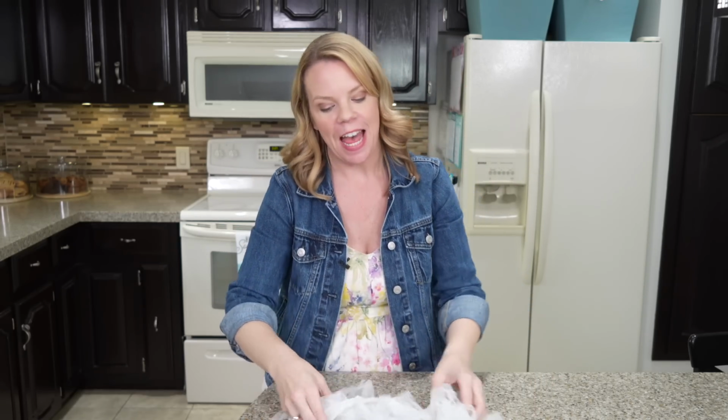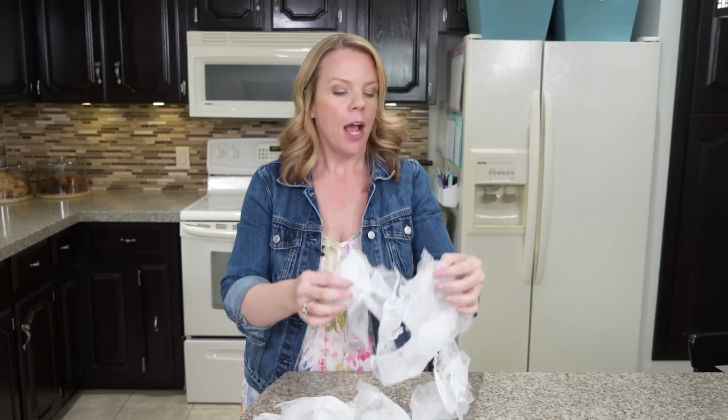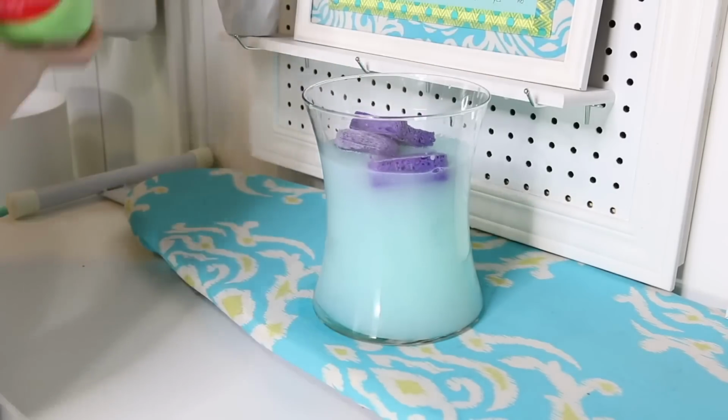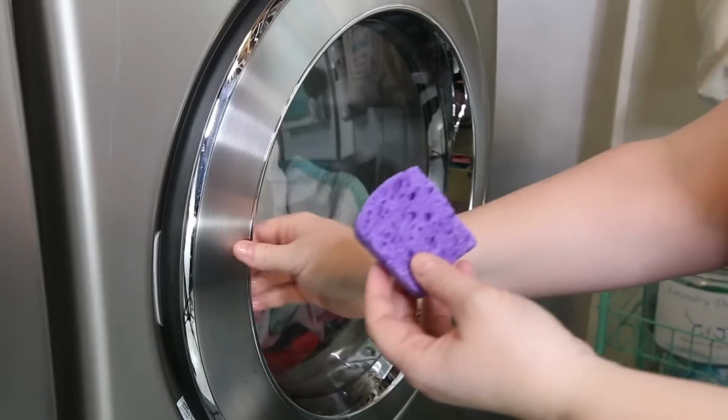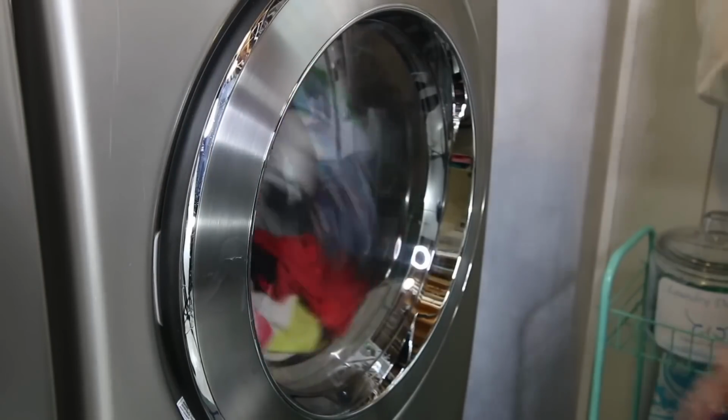Are you still using old school dryer sheets? I actually gave these up a while ago because they were the bane of my existence. I always had these little sheets everywhere, plus they're bad for your clothes. So I switched to using sponges and fabric softener, but I had to cut them up and add water and mix it, and it was just a whole thing, and I'm lazy, so now,